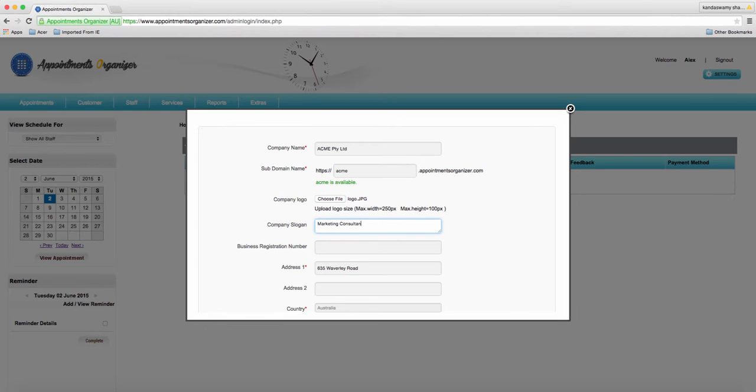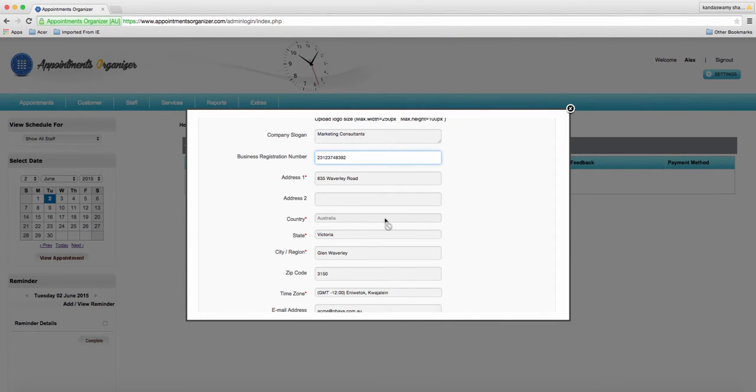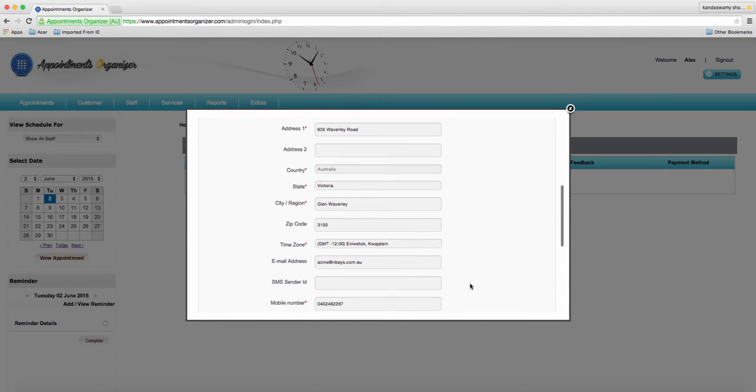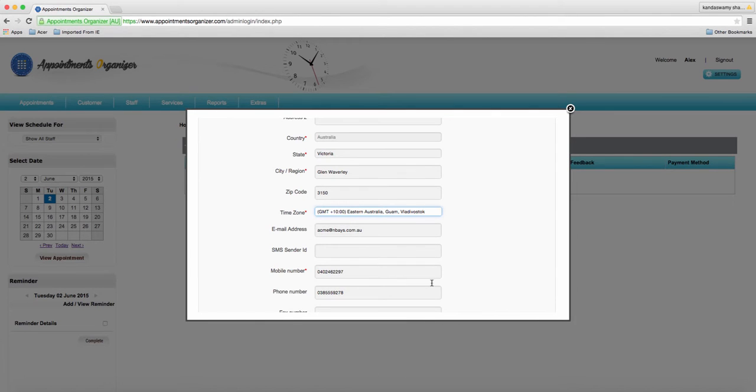If you have, let us type as marketing consultants, and here you can enter the business registration number followed by the address which is already entered, and country is selected, state is already selected, and your address comes out automatically. Now let us select the time zone, and you can select according to your time zone,